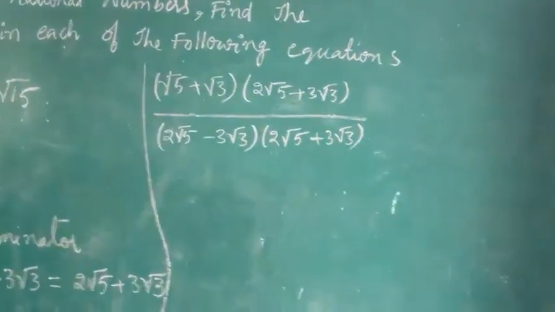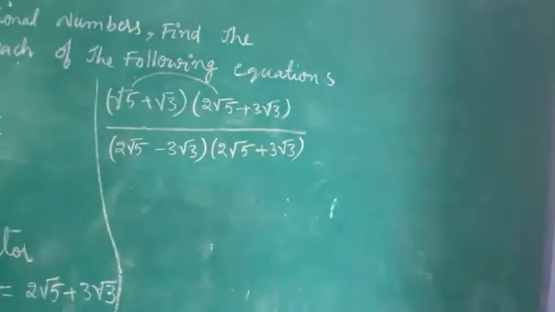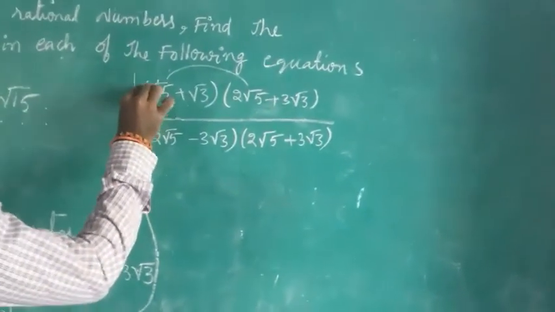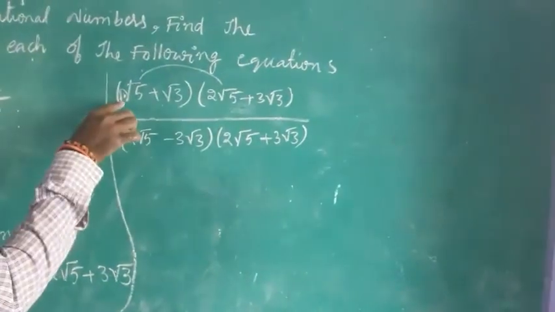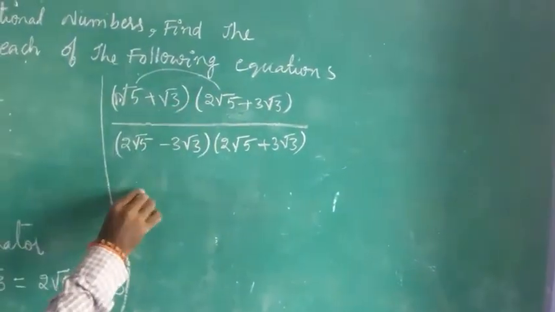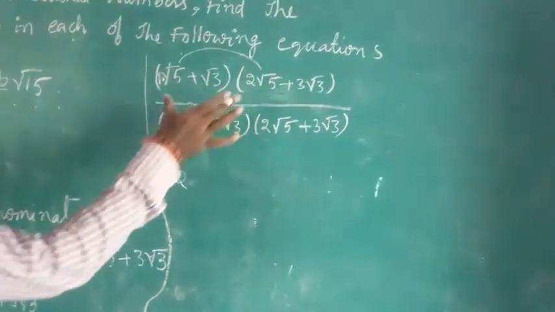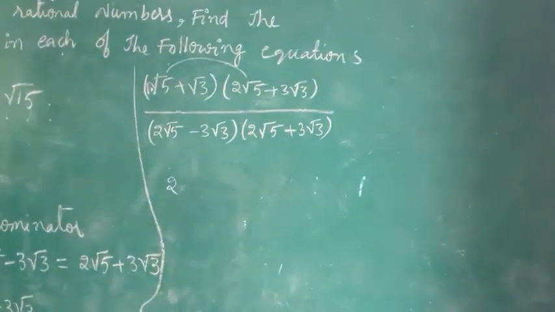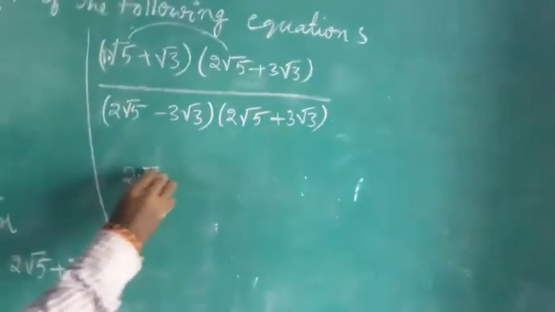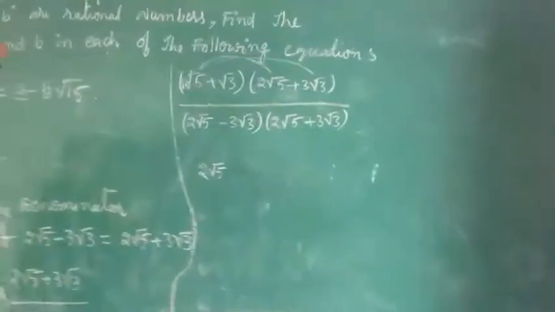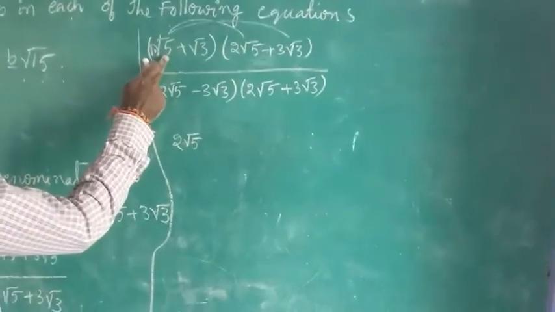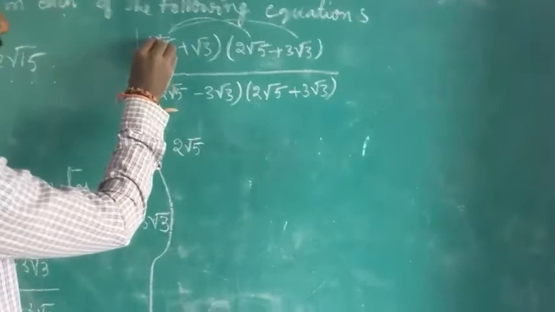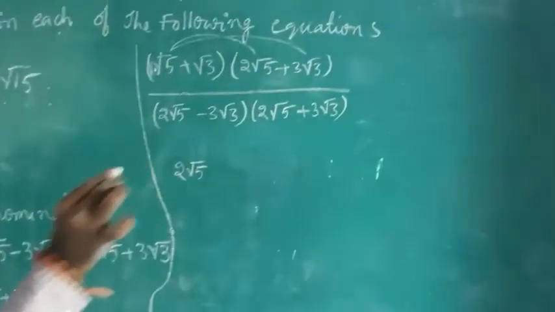Right? See, I told you clearly, we need to multiply root 5 into 2 root 5. What value will we get? Imagine it's 1 into 2, 2. Why? Because these are similar surds, both are root 5, root 5. So that's why you can multiply, right? So 2 root 5. Next again, here it is also a similar surd. Similar surds means the order is the same. This order is 2, this order is 2. That's why we can multiply.